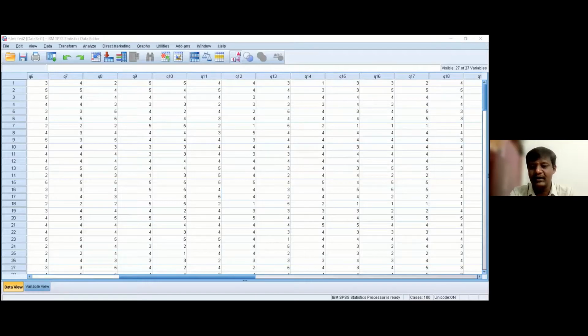If that student group is from a different class or a different discipline, then we are going to have an independent samples t-test. So this is a small, simple example of when you are going to apply paired samples t-test and independent samples t-test.